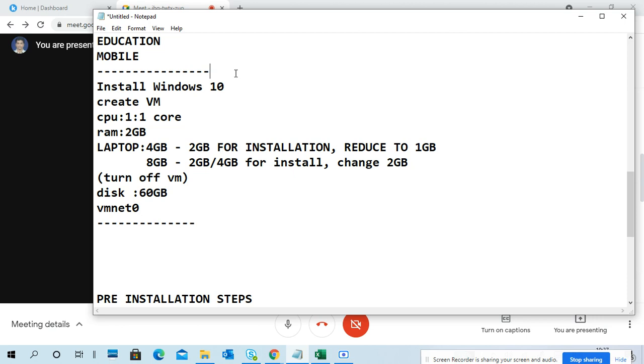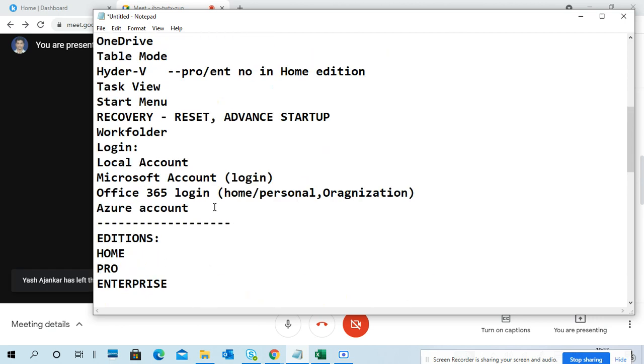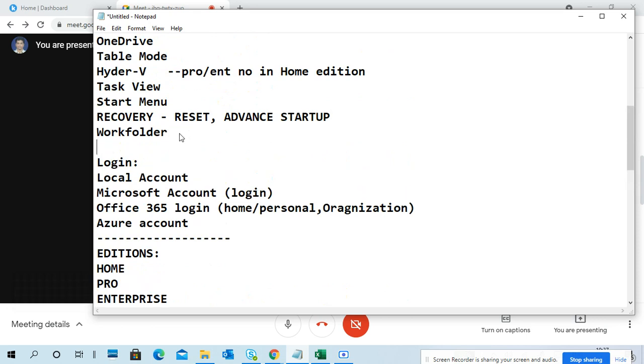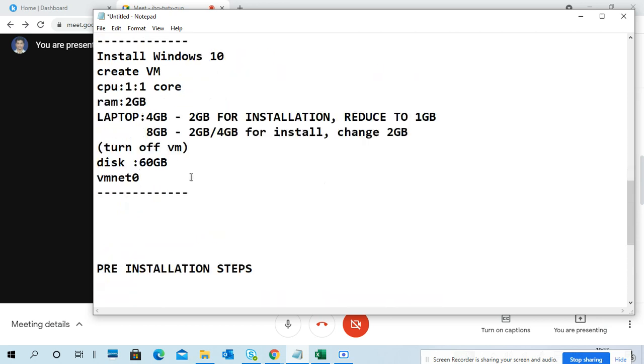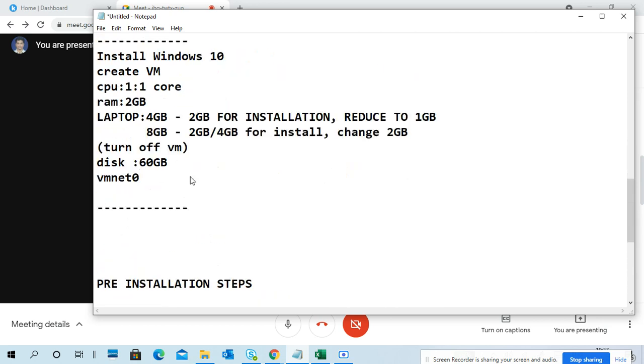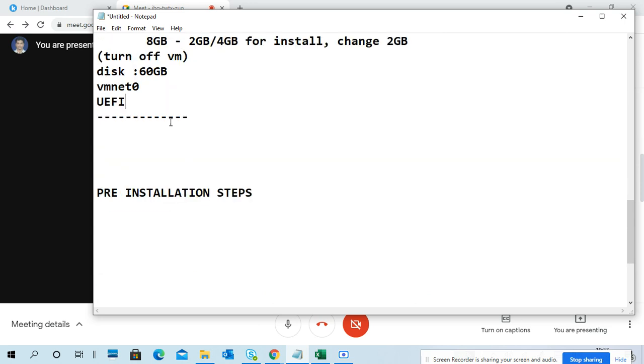Of course, Windows 10 supports UEFI, and it supports GPT, GUID partition table, also. So I put the firmware as UEFI. These are the main important settings.